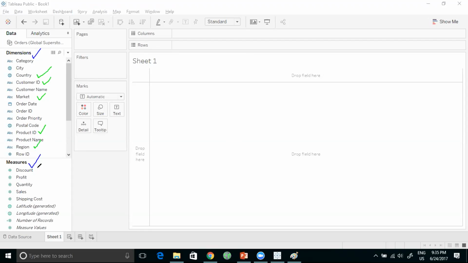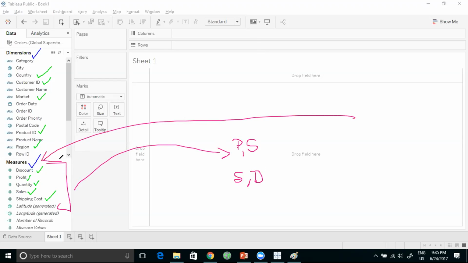And then you've got measures, which is how much discount did we have to give the customers? We don't want to give too much. How much profit did we make? How many quantity of sale did we achieve? And what's the amount of sales that we achieved, and how much did we spend on shipping? So everything that you measure in a business is either a positive or a negative metric, okay? Positive metrics would be like profit or sales, and negative metrics, which you want less of, would be like shipping cost or, for example, discounts. All of these are known as measures, and Tableau automatically detects the measures. Unlike Excel or other softwares that don't do it for you, Tableau does this automatically.